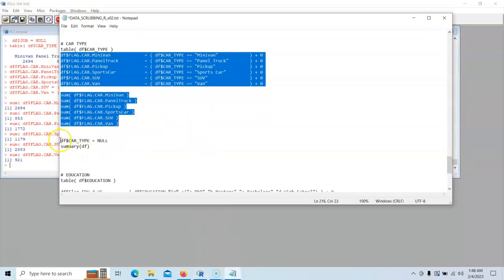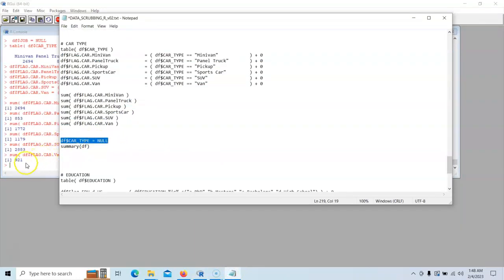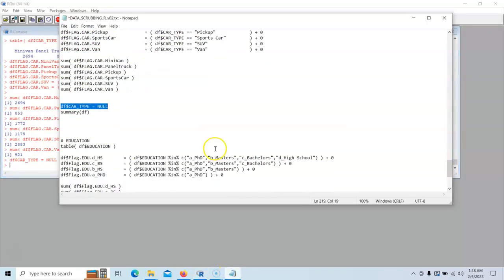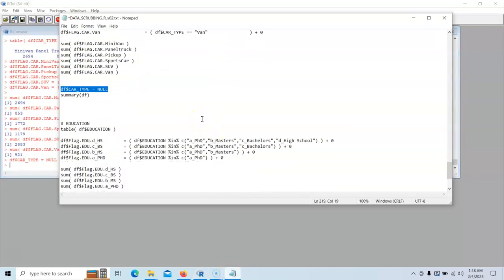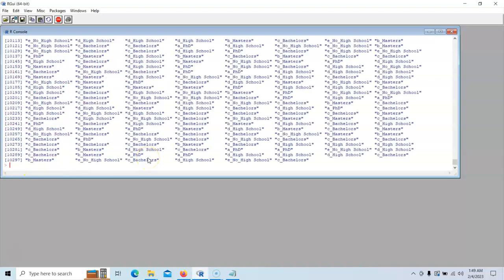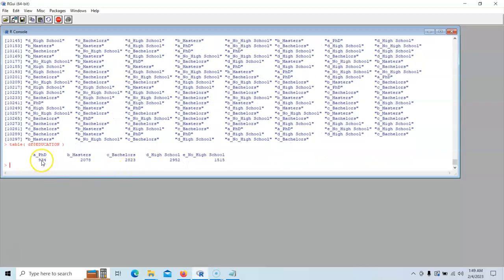Now, let's get rid of the car variable. Now, here's the last one. If you're falling asleep, wake up, because this one's going to be a little interesting. Let's look at education. Table, data frame, $, education. Okay. 934 people have a PhD, 2,000 people have a master's, 2,800 have a bachelor's, high school, and they didn't graduate